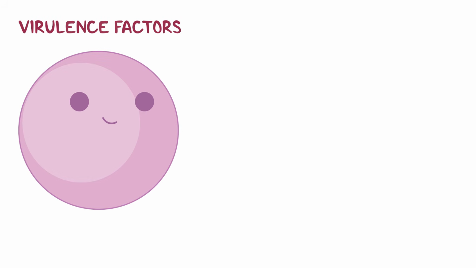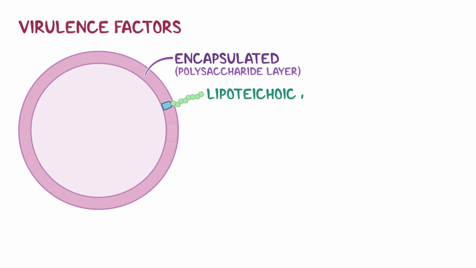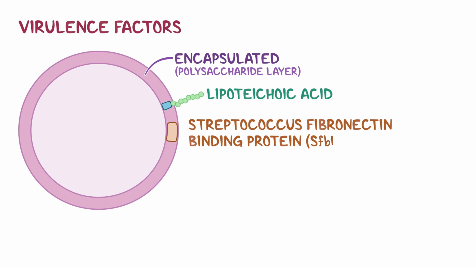Now, strep pyogenes has a number of virulence factors that are like assault weaponry that help it attack and destroy the host cells and evade the immune system. So first, strep pyogenes is encapsulated, meaning it's covered by a polysaccharide layer called a capsule. And on the capsule, there are adherence proteins such as lipoteichoic acid, Streptococcus fibronectin binding protein, or SFBP for short, and M protein, which helps strep pyogenes attach to the host cells, like those in the skin or the pharyngeal